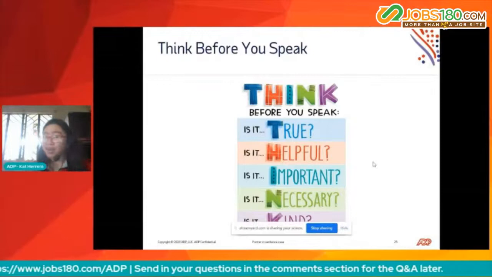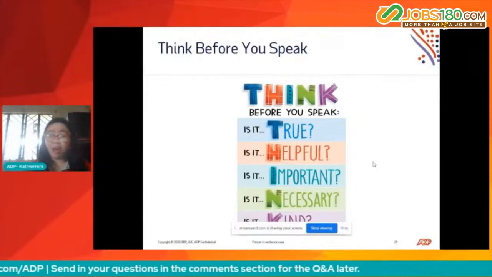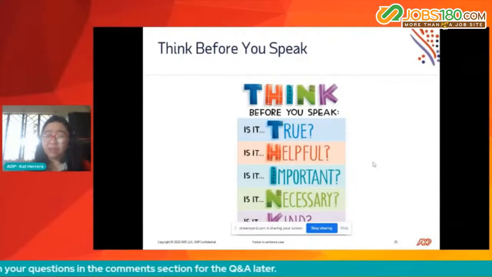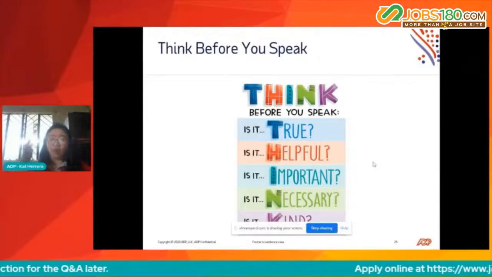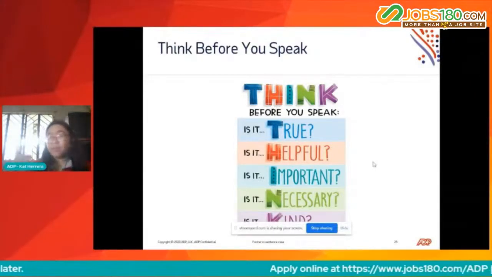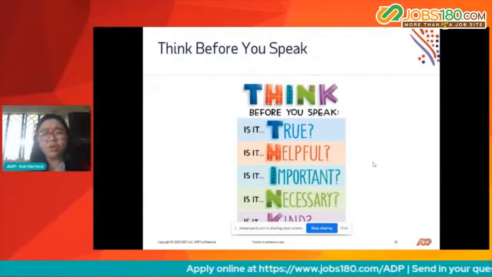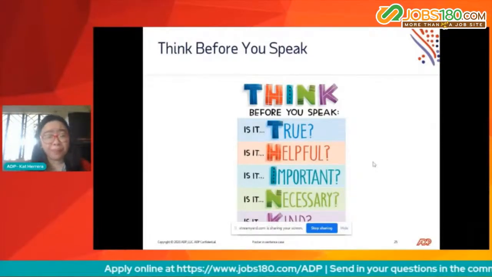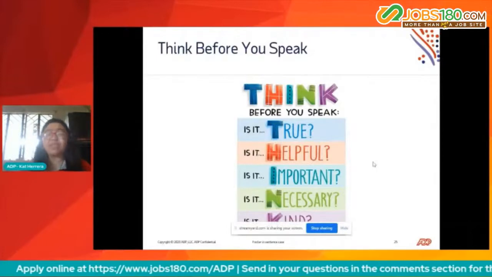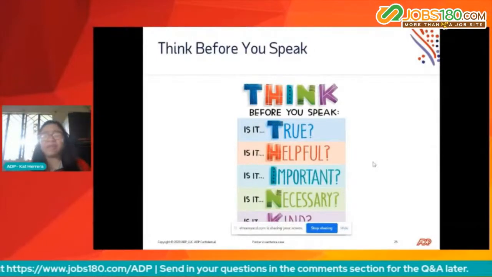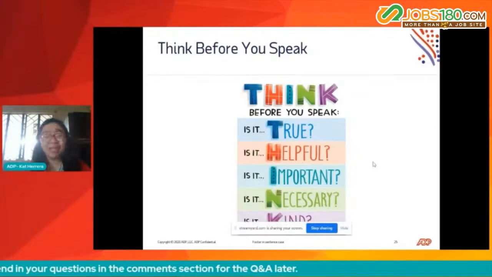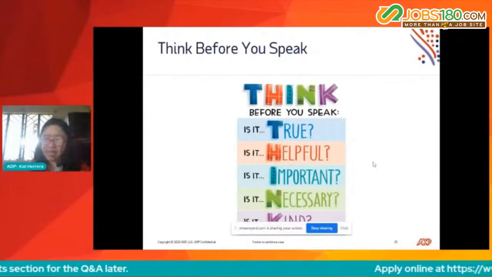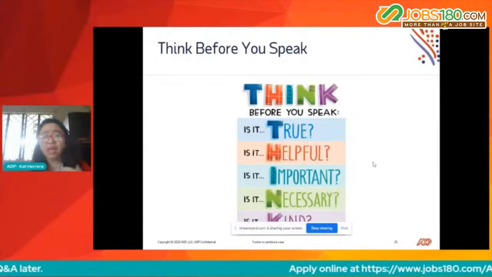If you are a great communicator, but you always are out to hurt people, then definitely you would lose respect. You do not have to always put people down, even if you're great at speaking. No, use your skill actually to help people out. If it's helpful, if it's necessary, if it's true, if it's kind, then absolutely go ahead and deliver your message or your advice. I hope that you remember this because this is, again, as I said, especially to me, very,